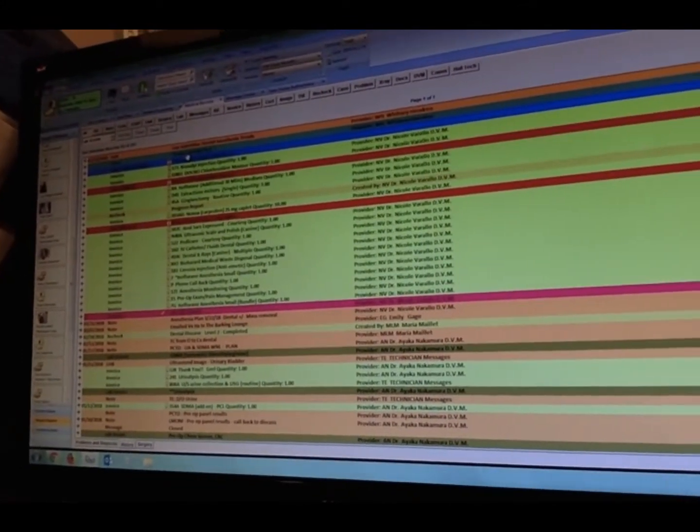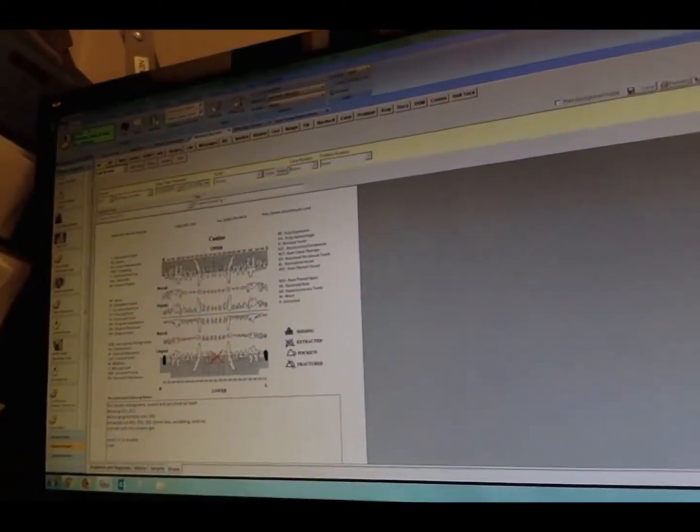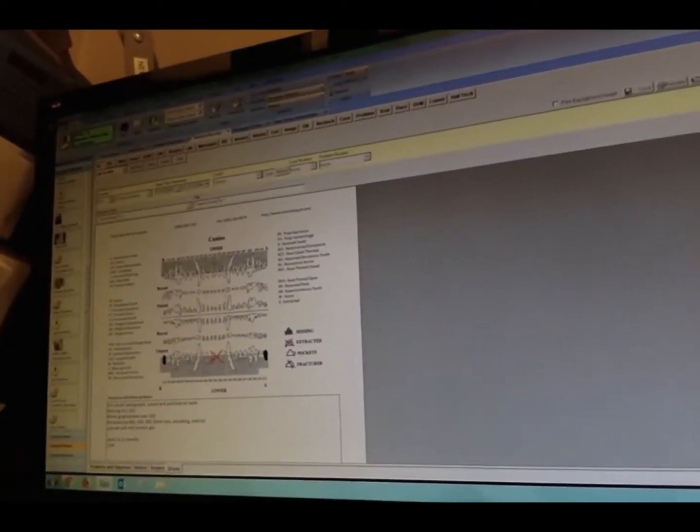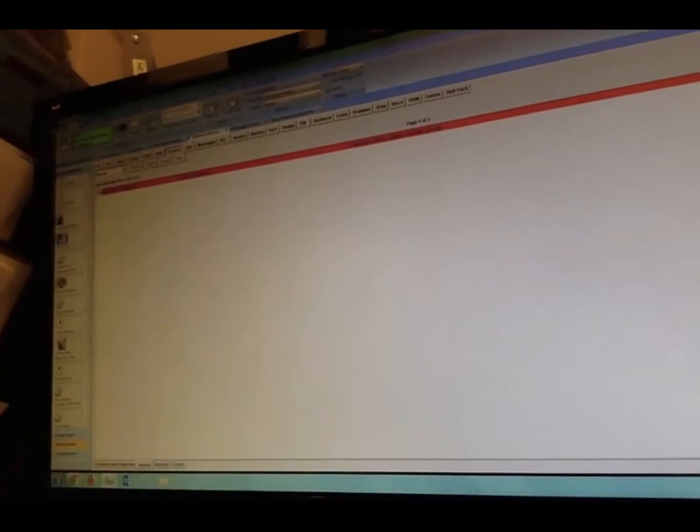So like our canine dental page today, so it shows all of the teeth, any that were removed, any that were missing. And we can filter things in the top, so I can push the surgery button and it brings up the surgery for today. I can push the regular soap button. It brings up all of his information from previous